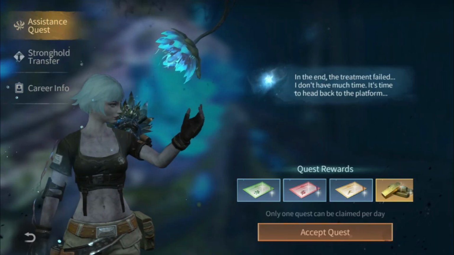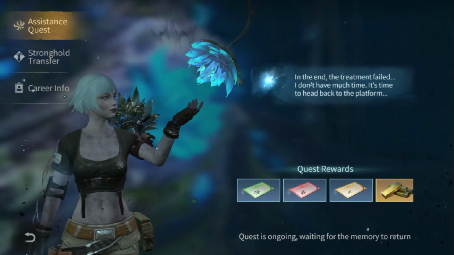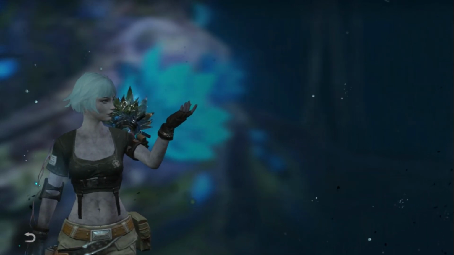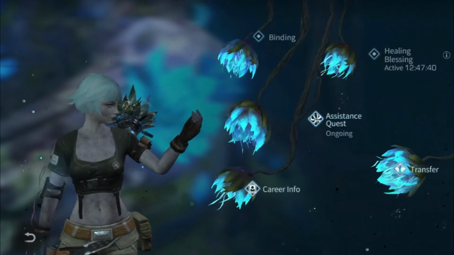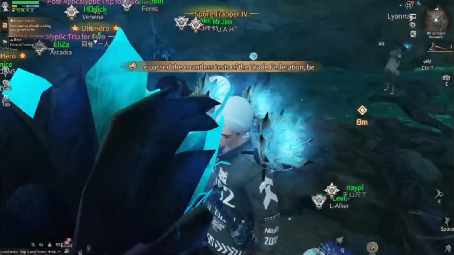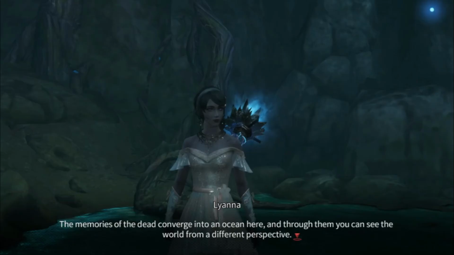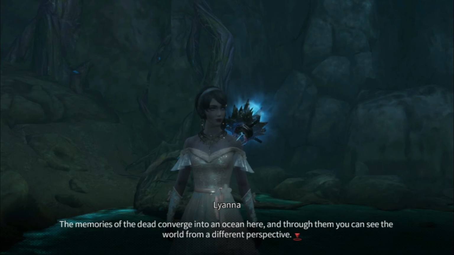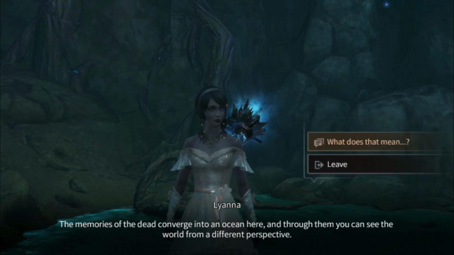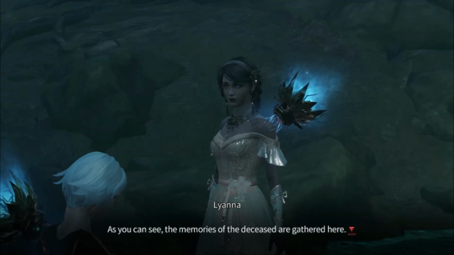Alright, so the assistant quests for the Revenants are a little different than what we're used to. So when you go here for your assistant quests, you have to play through a story, this one's about memory. I don't know if it's just for the first day it's going to be like this, or if it's going to be like this all the time. But you go through a story, it's very interactive, the story is interesting,